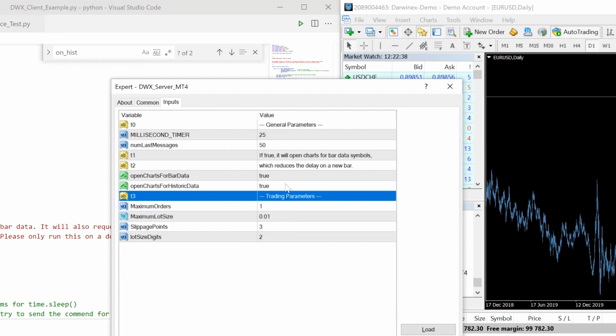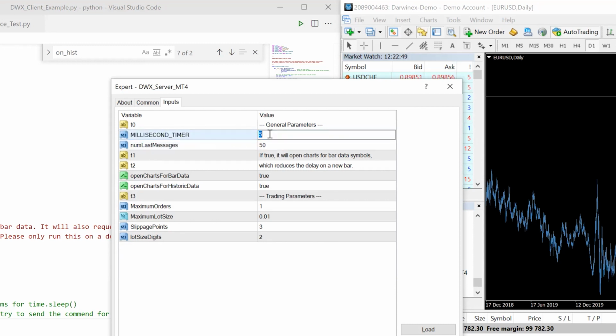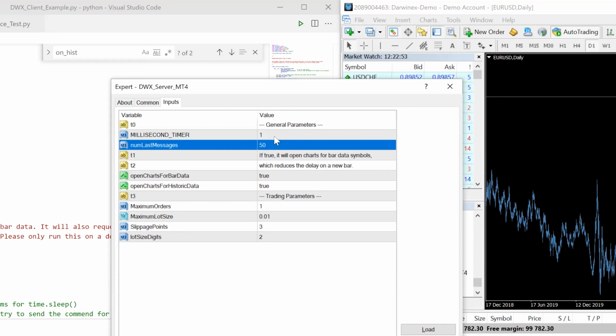And then the millisecond timer: if you want less delay, you can set it maybe to 5 milliseconds. Of course, if you set it too low, like 1 millisecond, it could be more CPU expensive. Then the num last messages is just an internal value that is used to determine how many of the last messages